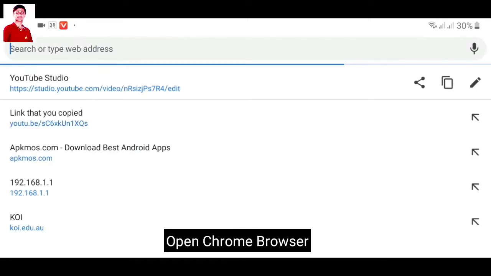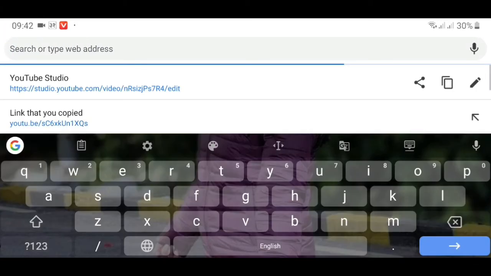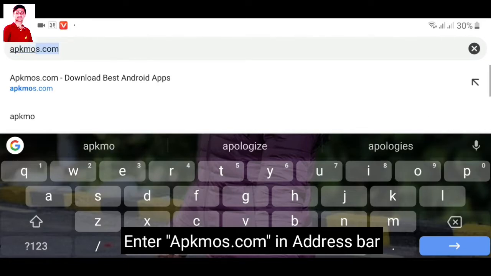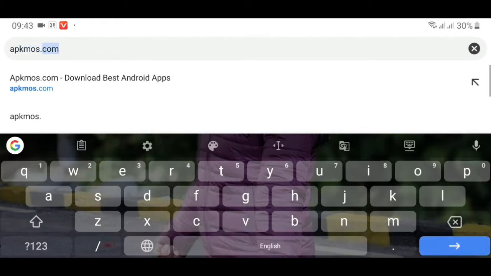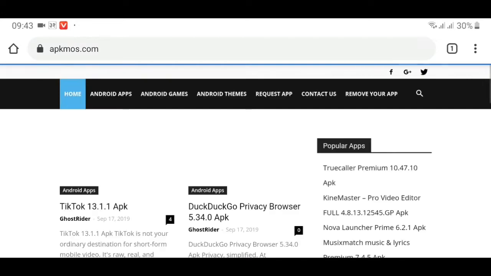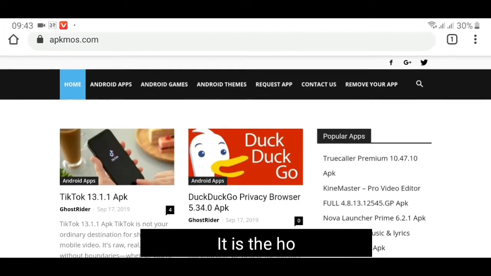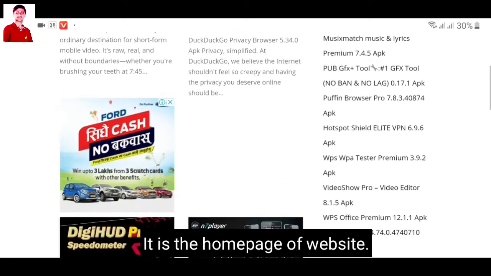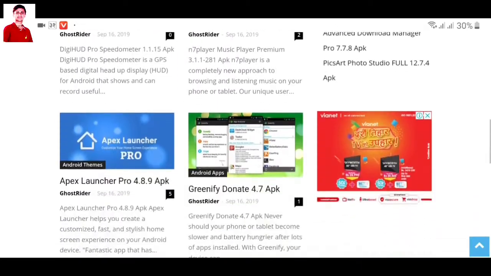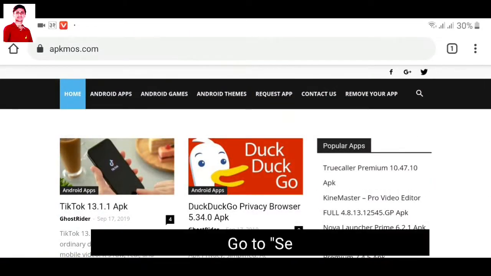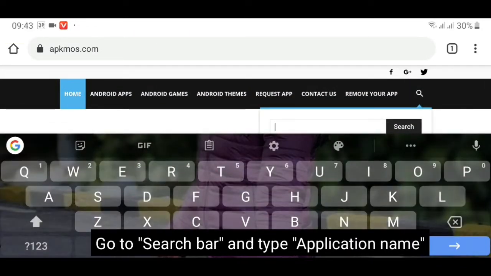For this you need to go to Chrome and enter the website apkmos.com. It does not require any sign in. Here you can download all the paid applications for free. Now let's search in the search bar